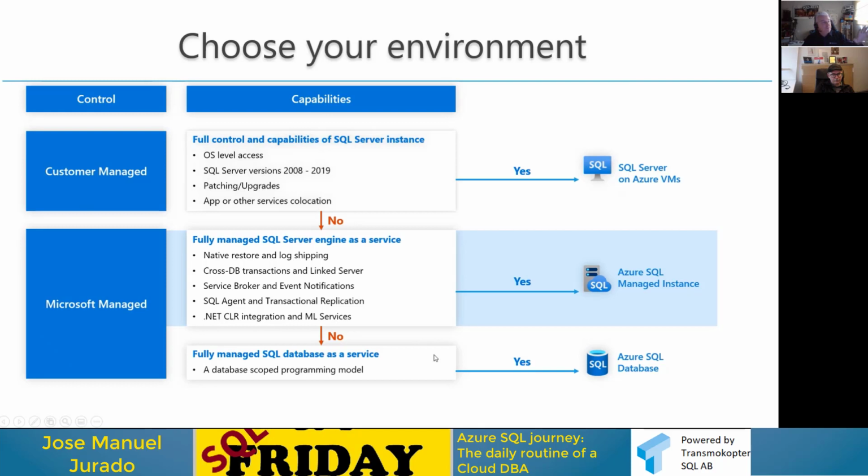For this reason it is very important, because using one or the other you are going to pay more or less, and you also have different capabilities. For example, the main difference between Managed Instance and Azure SQL Database is that Managed Instance is a SQL Server instance where you could manage up to 100 databases. In Azure SQL Database you are going to manage just one database. You know that we have elastic pools, but we need to mention one thing.